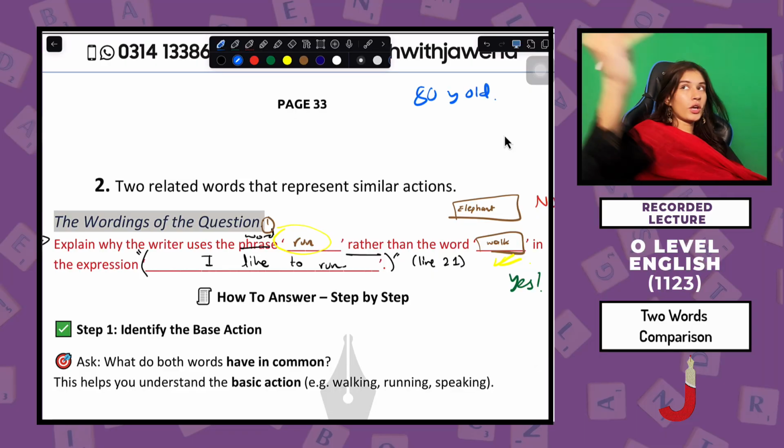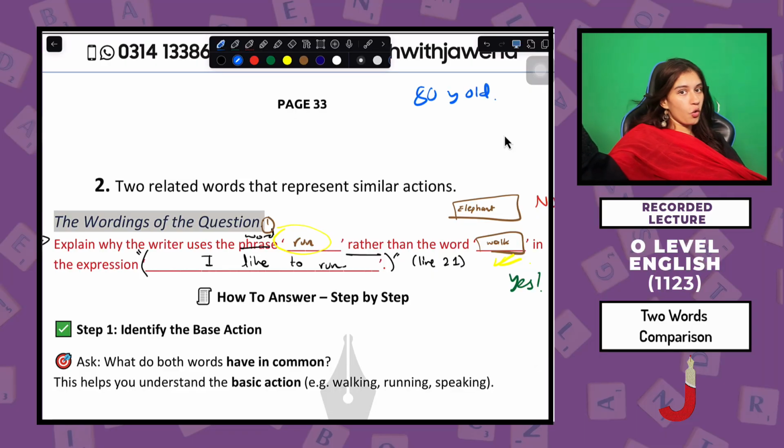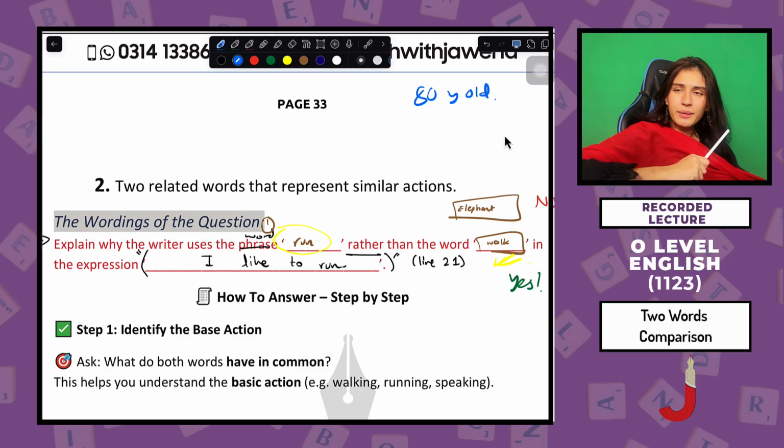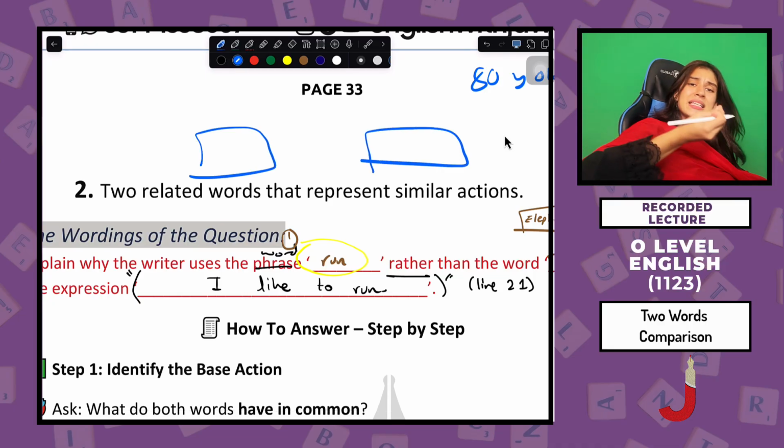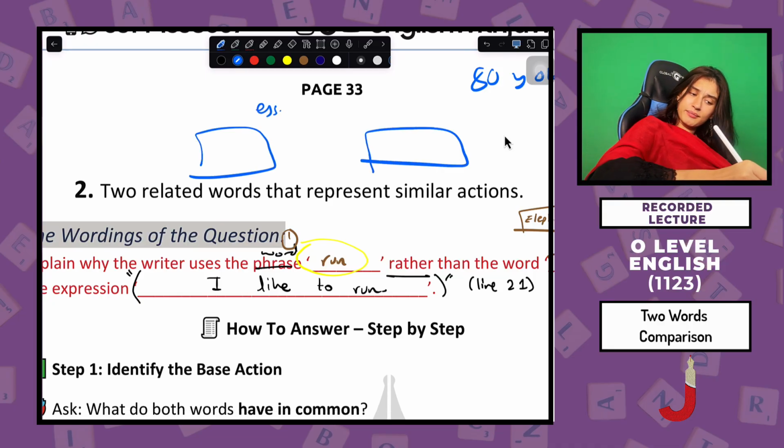They won't say that, oh, look at the 80-year-old, he has achieved so much in his life. They have discovered the potion of life or something. They won't say that, because there's no connection. In a similar manner, when you are asked to compare between two words, it is absolutely essential that they must have at least some connection.